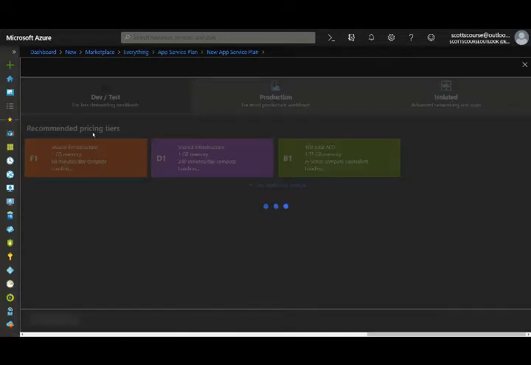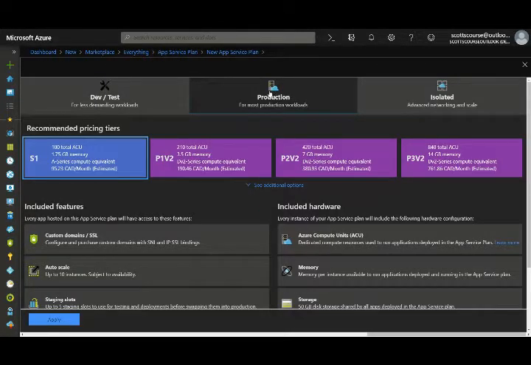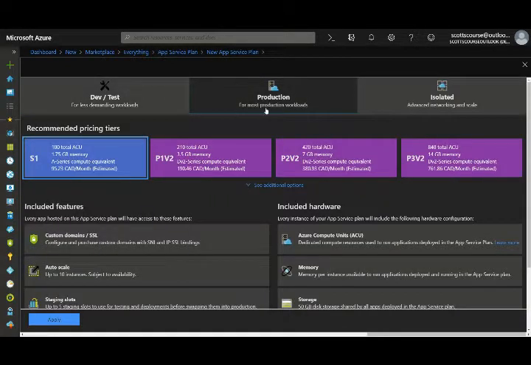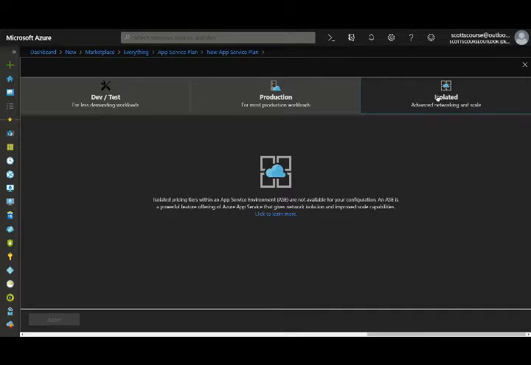I'm going to go into it. You have three overall groupings of these. You've got your dev/test for less demanding workloads. You do have a production environment, and you do have what's called an isolated environment, which includes faster networking and a better ability to scale. Now, in this particular instance,